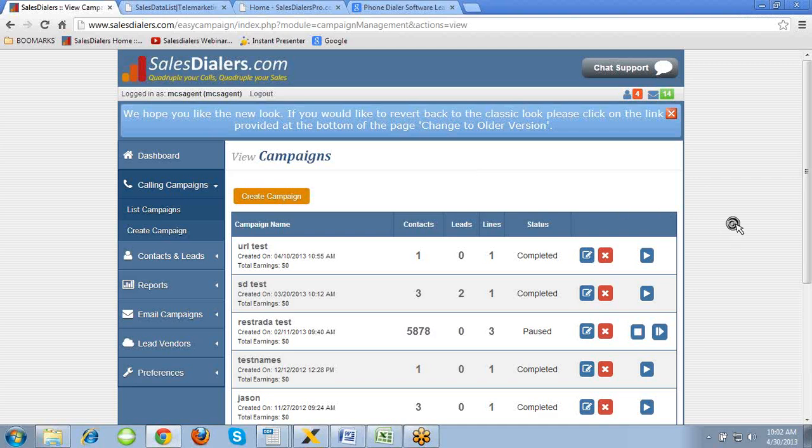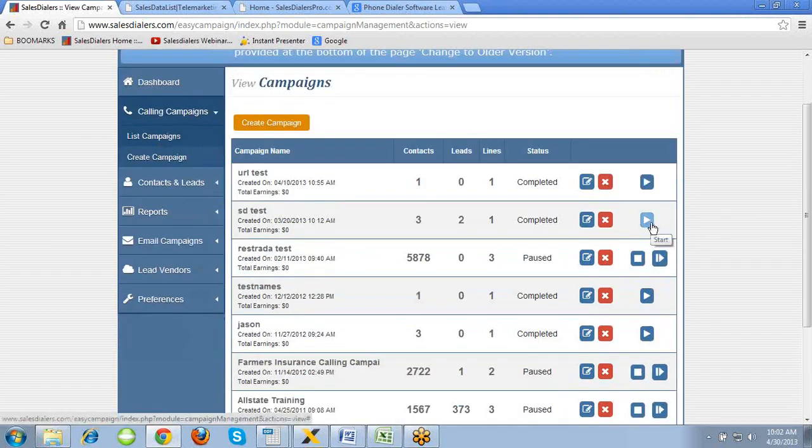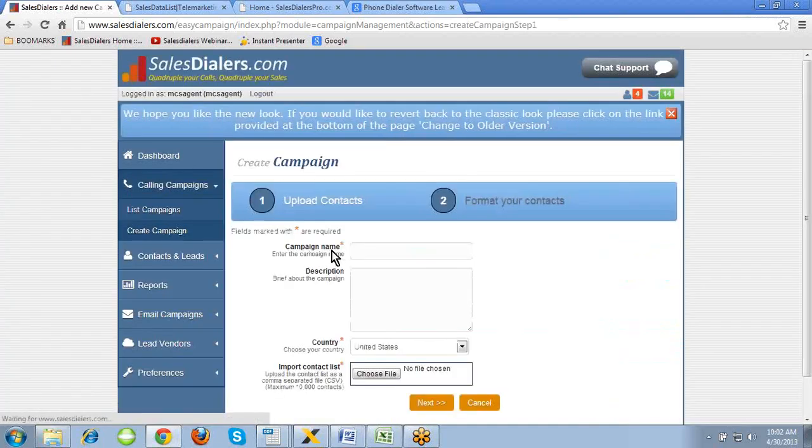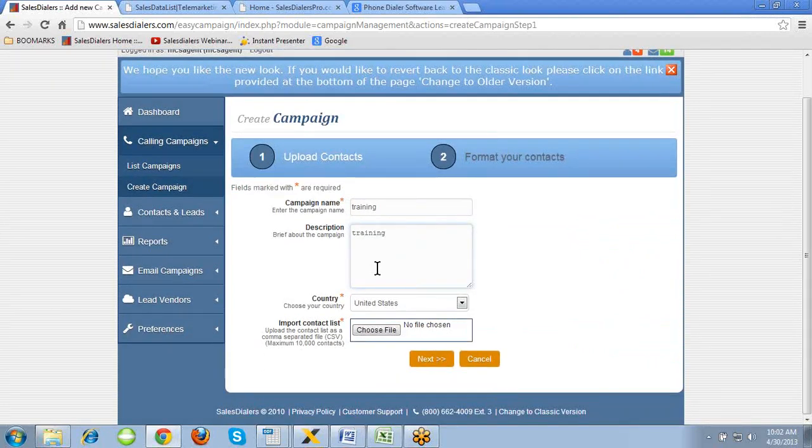So here you have the ability to press this button to start calling a campaign, resume calling, stop calling, delete, and edit a campaign. But what I want to do right now is show you how easy it is to actually create a campaign. And you can do that by clicking here or over here. Then you will name your campaign, type in a description if you like, be as detailed as you need to be. And then you're going to upload your list of names via an Excel spreadsheet file format known as a